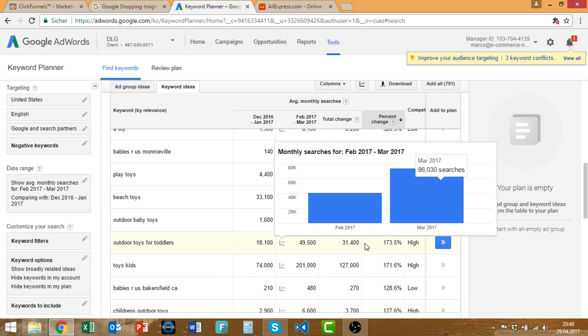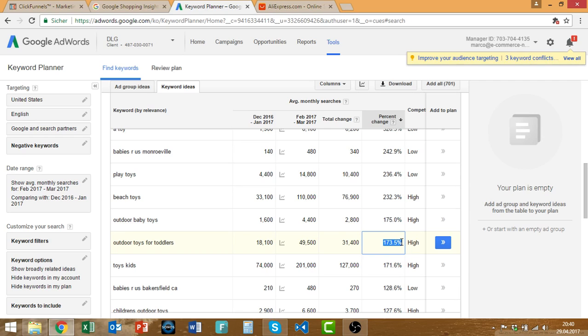So outdoor toys for toddlers increased even by 173%. Previously 18,000 searches, now 49,000. And the good thing about AdWords and the Google Keyword Planner in this case is that you can immediately see